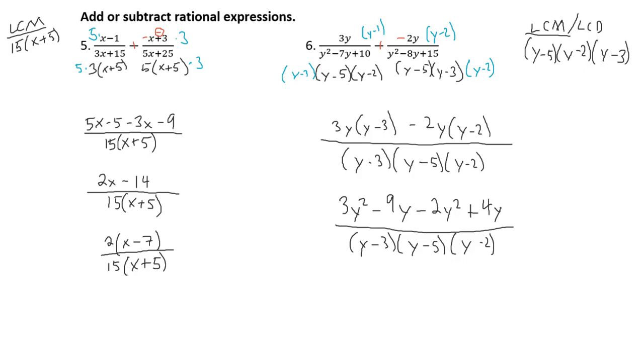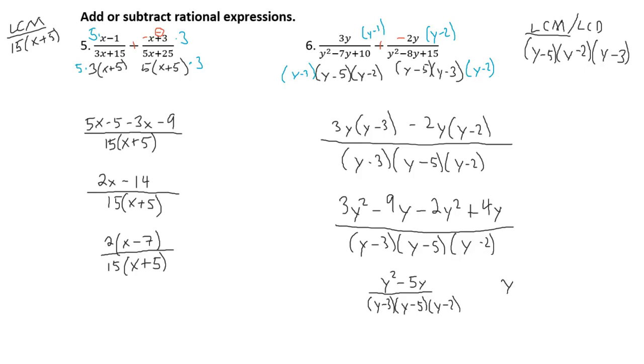And then I'm going to simplify the top. So I get 3y² - 2y² would be y². And -9y + 4y would give me a -5y. And on bottom, (y - 3)(y - 5)(y - 2). And then that would simplify to